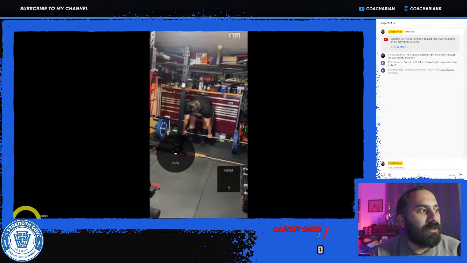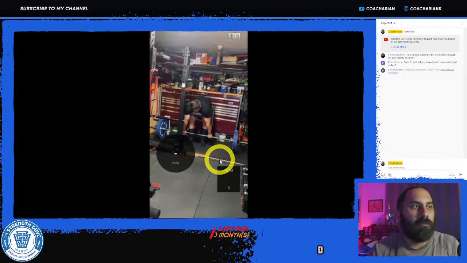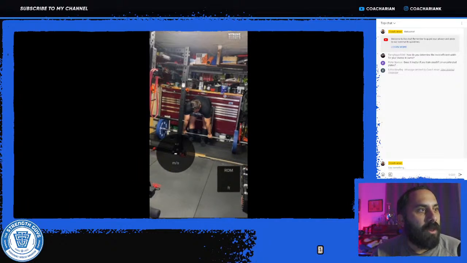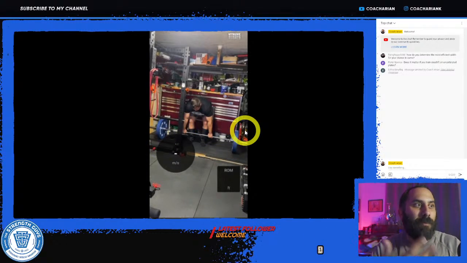So that was really good, but you can see, as far as the stance for a conventional, nice and narrow, with a slight little angle with the toes, which is fine for people that feel comfortable that way. And then you can see how right there, he's trying to pull the tension out of the bar. So getting a little bit of tightness. Here, he's a little bit more relaxed and the bar is more relaxed. And then here, trying to pull that slack out of the bar and get tension between him and the bar.